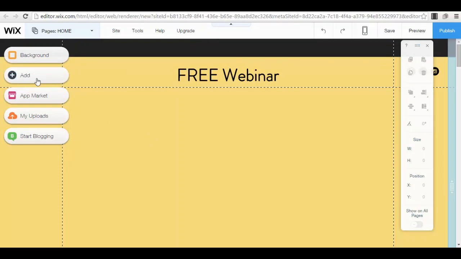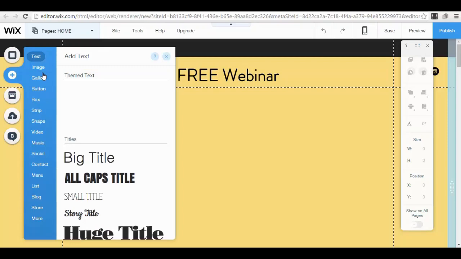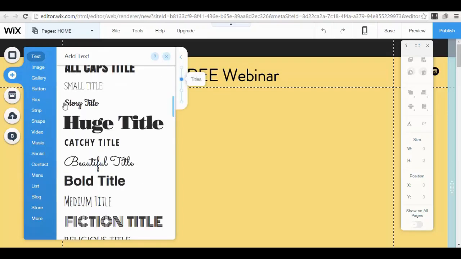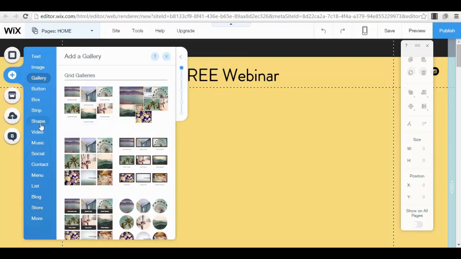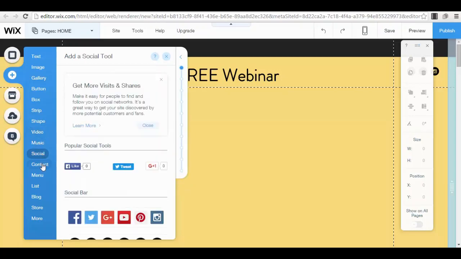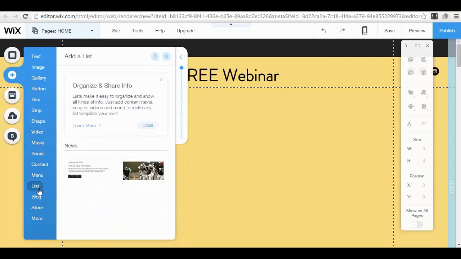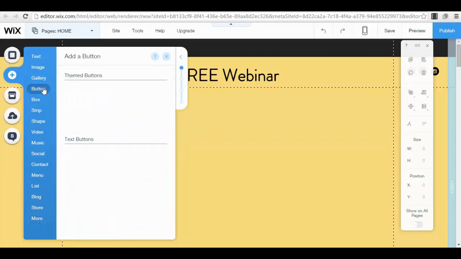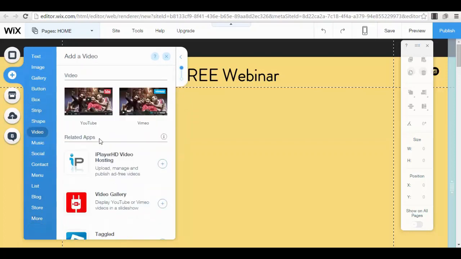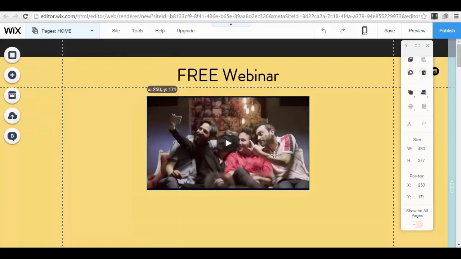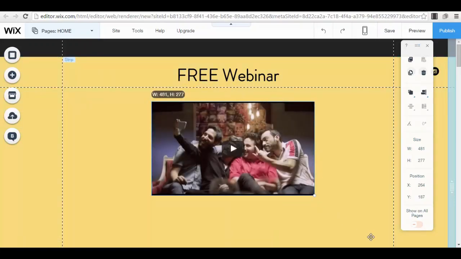Now you go to this option here, to the button add. And here you have different options: shape, video, music, social, contact, menu, list, blog, more. You go to the video part and you select, for example, YouTube. That is if you want to embed here on your page the link that your hangout or your webinar will have for YouTube. So you just press the YouTube button, you select the size that you want,